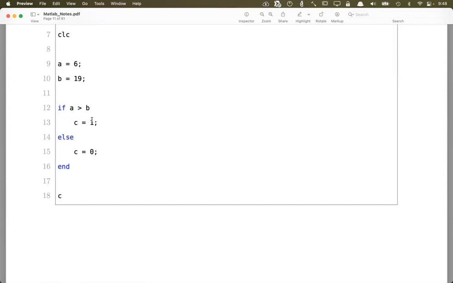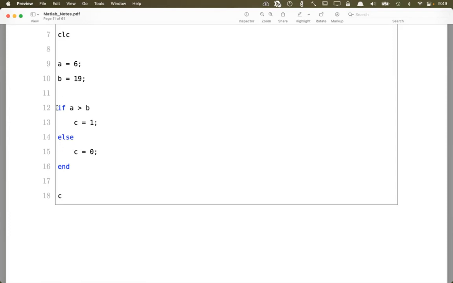So C equals 1. So A greater than B, C equals 1. Else, so this means this condition is false. So in this case, A less than B or A equals B, then C equals 0,